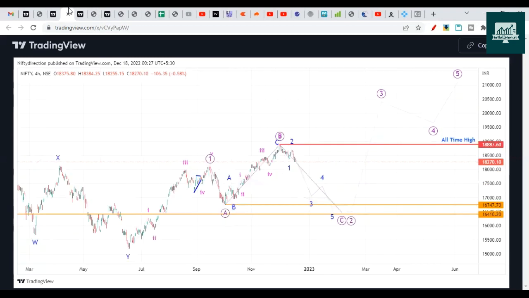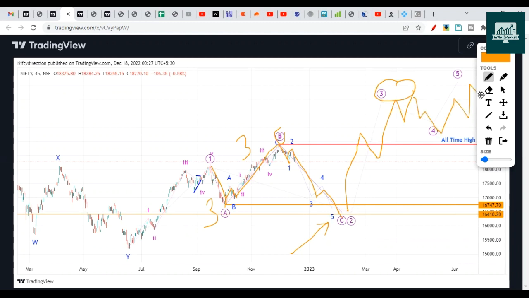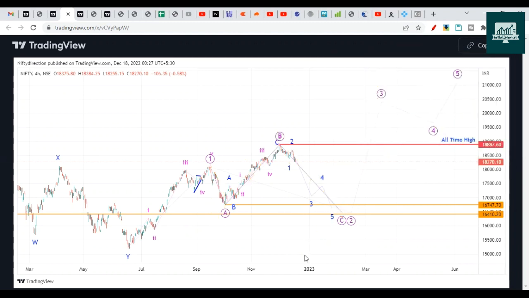So moving further, decoding this move of wave 2. Here it's a wave A, 3-wave structure. Here it's a B wave, which is a 3-wave structure, and then we'll have a 5-wave going down as wave C. So this is impulse C wave, which is a 5-wave sequence coming on the downside. Okay, so this is how we are expecting. Then we'll have 1, 2, 3, 4, 5. This will complete third wave somewhere here, and then we'll have fourth wave. Then we'll have 5-wave going up as a 5th wave. So like that we'll move. Hope this first chart is very clear.